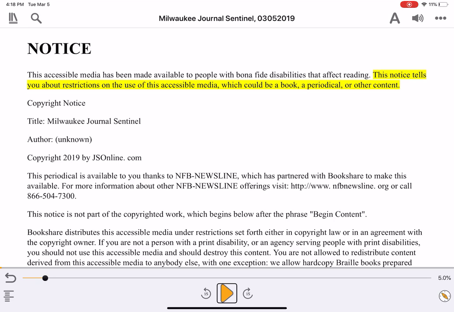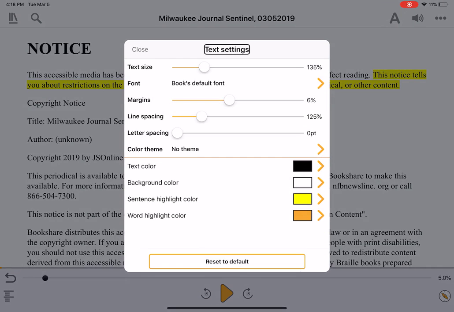Just like when we read our book, you'll also notice that the audio and text settings buttons are located in the top right corner. So again, if we chose to change the visual settings, we can choose our text option. Text settings. Just like before, we could go in and change the size of the font, the type of font, and again, the color contrast options. If we close this,